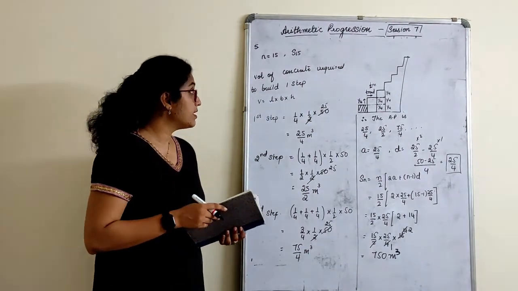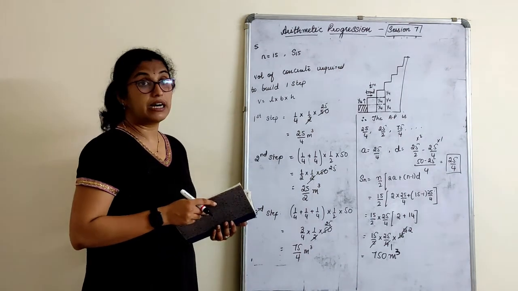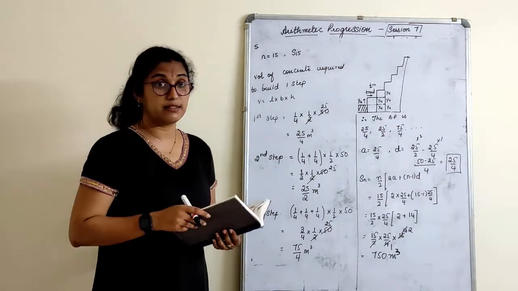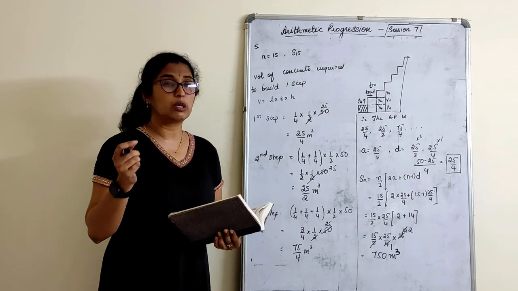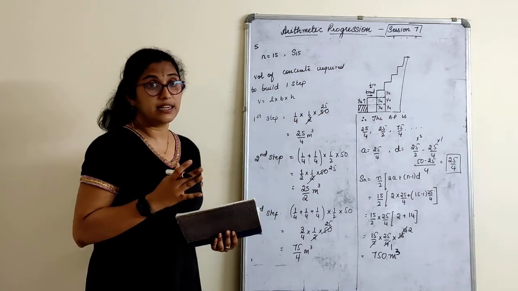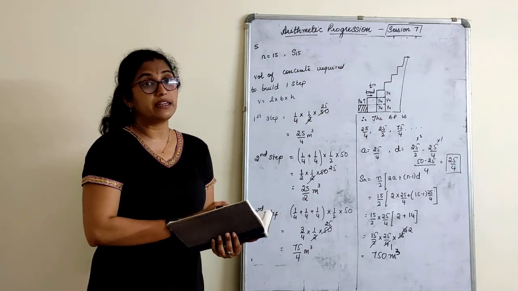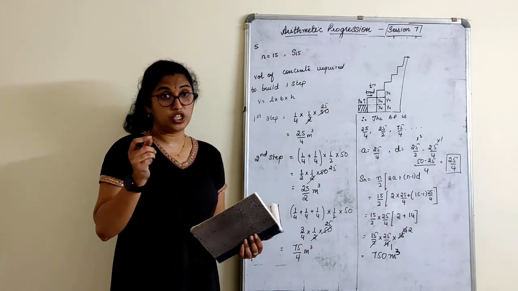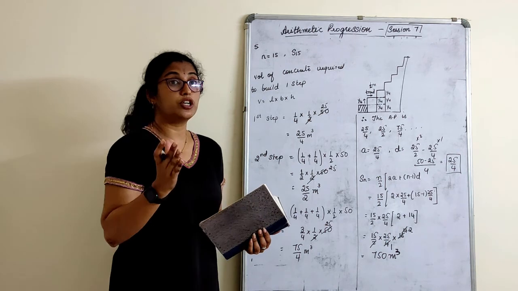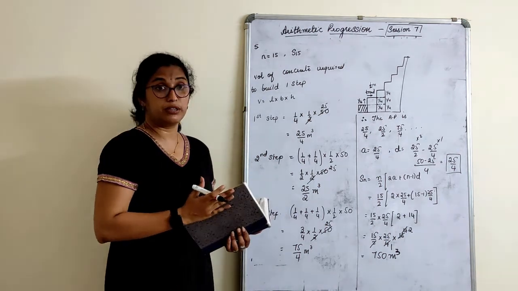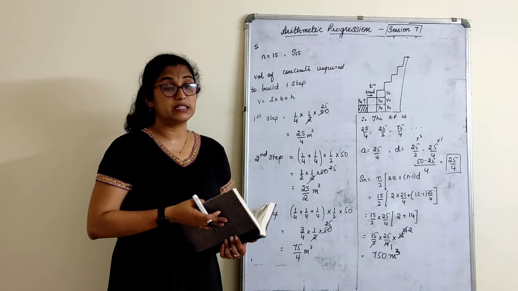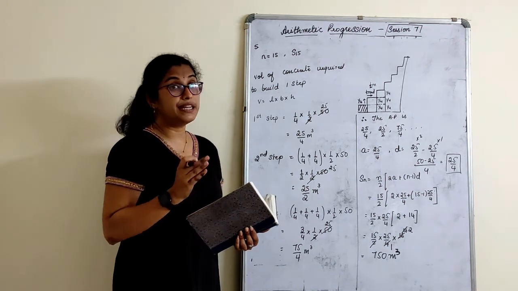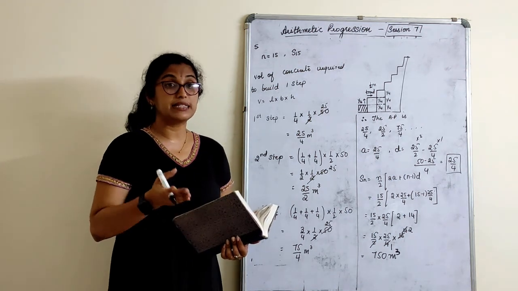So with this we complete the chapter arithmetic progression, the optional exercise. Optional exercise sums are quite complicated, but if you understand the concept, you can solve any sort of given sums. I have also given you the question bank, that is the assignment book. I want you all to be thorough with the arithmetic progression chapter from that given assignment book, since it is a very important chapter from the examination point of view.